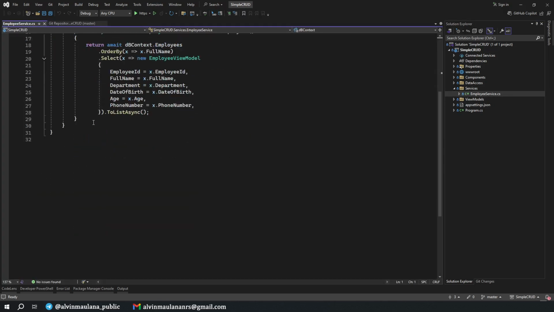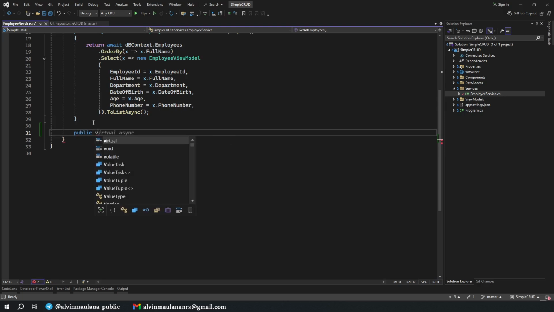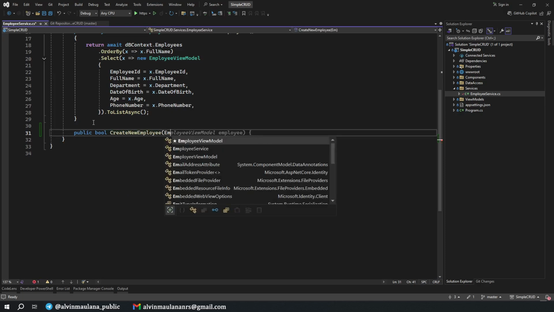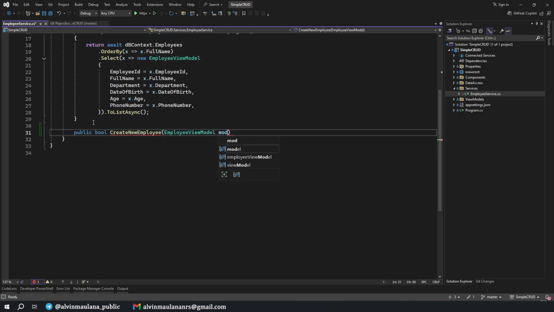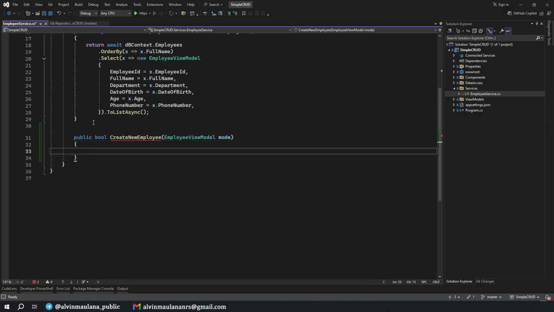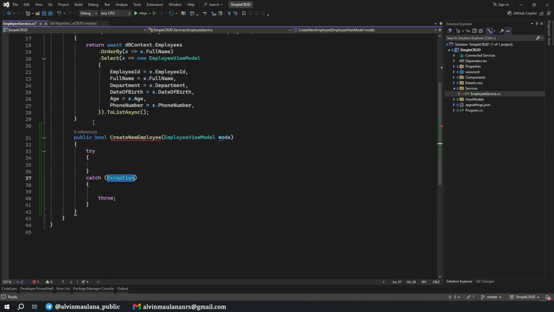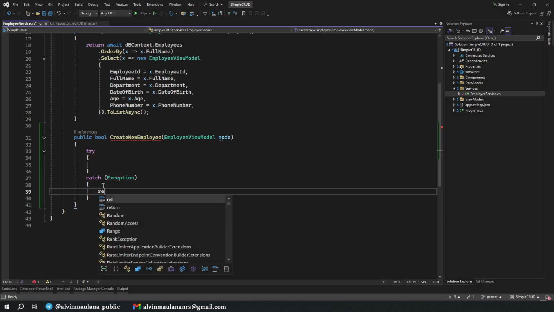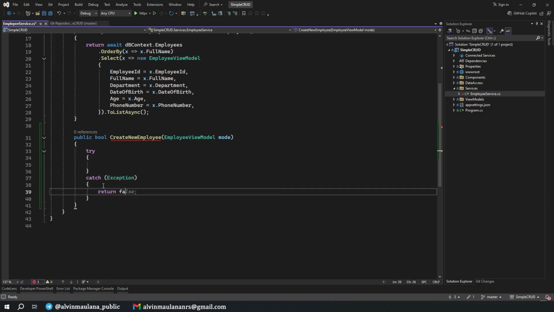In here, we are going to have another method, public, not void, maybe boolean, CreateNewEmployee, view model we name it. Let's wrap it in a try catch block. For this simple tutorial I just return false if any issue happens.